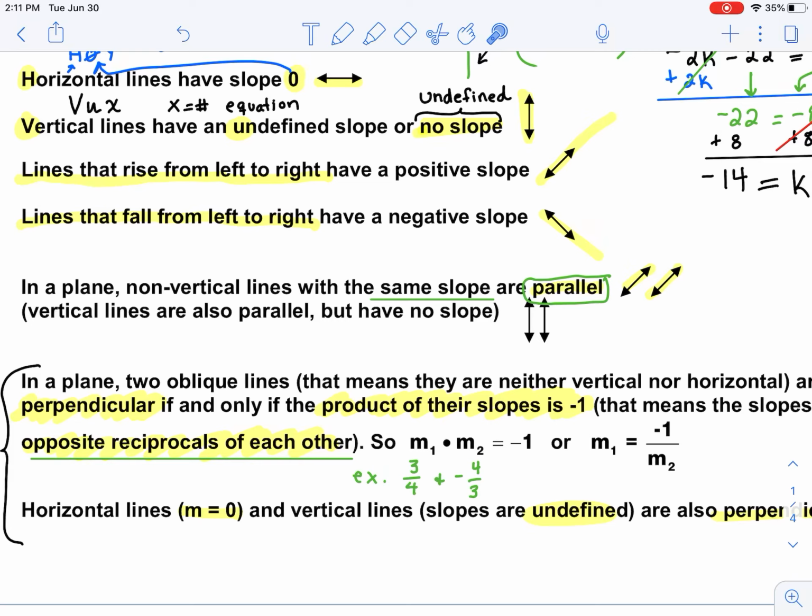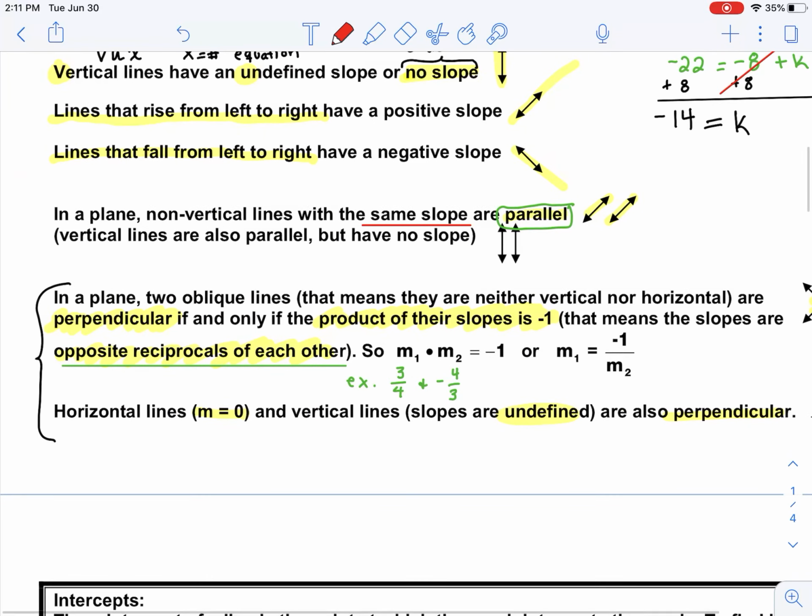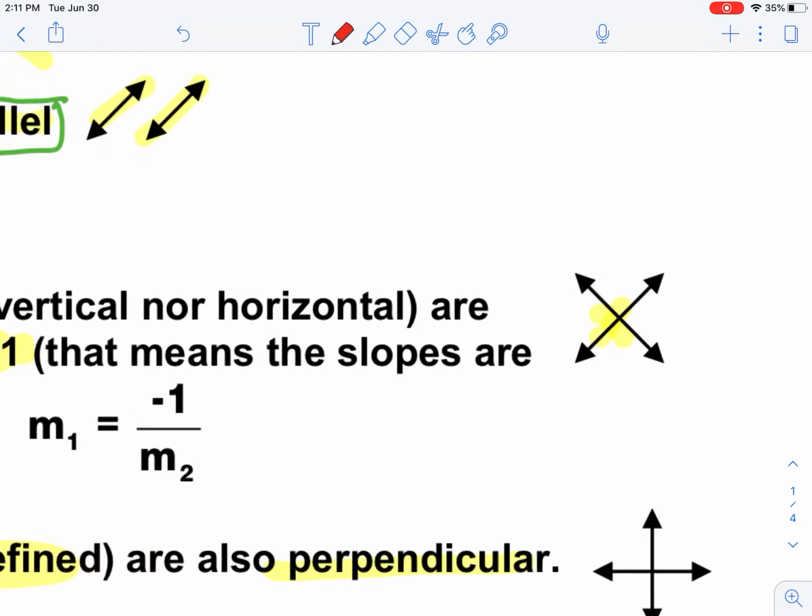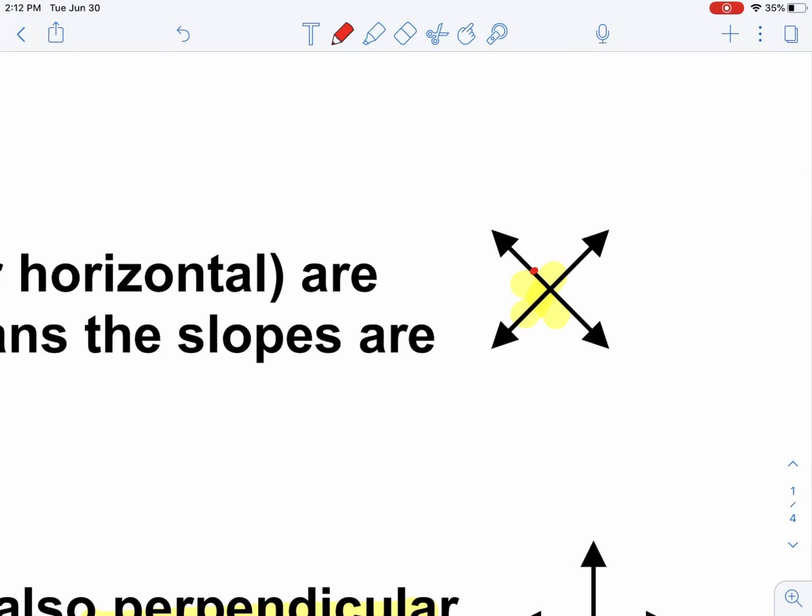All right, now we're going to talk about lines that are parallel and their slopes. So in a plane, non-vertical lines with the same slope. Basically, parallel lines have the same slope. So whatever two equations they are, if they're parallel, you know the slopes are the same. I underlined that here, but I'm going to redo it here. Same slope. Whereas if you have lines that run perpendicular to one another,